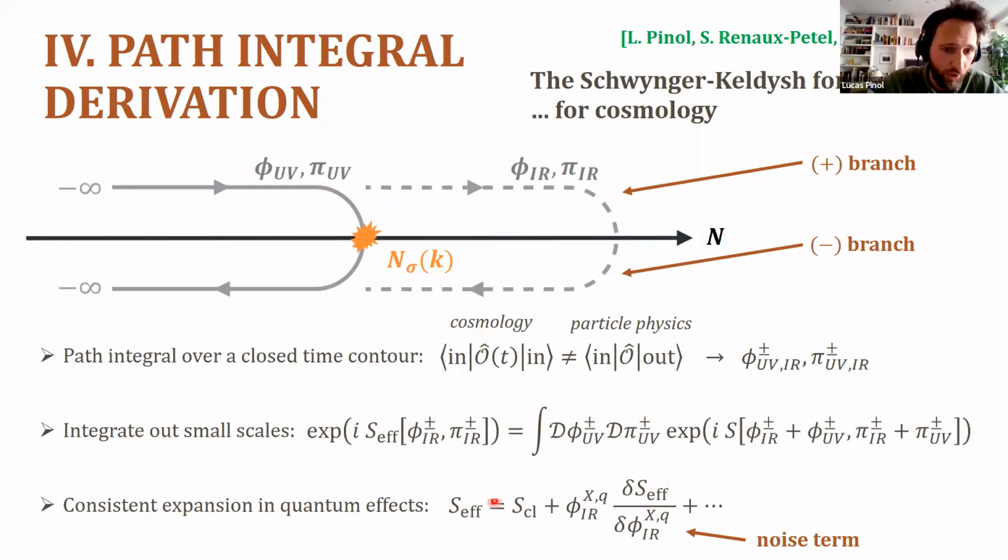And then we showed that the effective action that you get by doing that, so you're computing the effective field theory for these infrared modes, can be consistently expanded in powers of some quantum fields, and that the first correction to this classical action is exactly what gives rise to the noise term, which is exactly the one that I have presented before. So this is a nicer way to derive the same equations, with additional features that I don't have the time to go into the details.